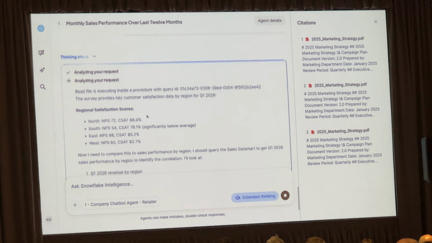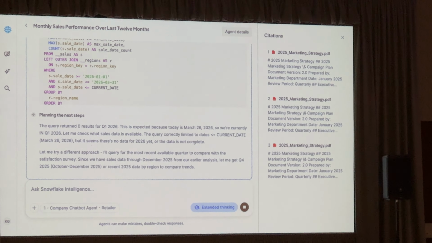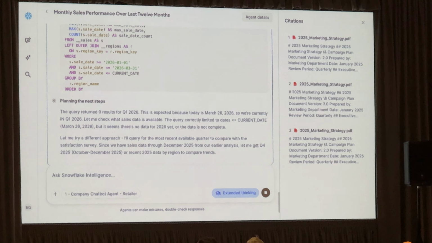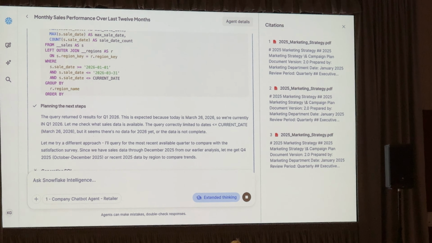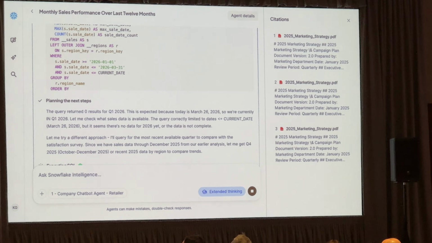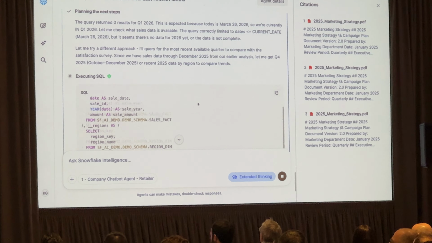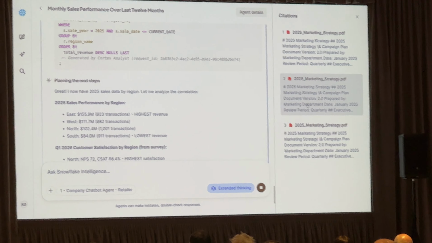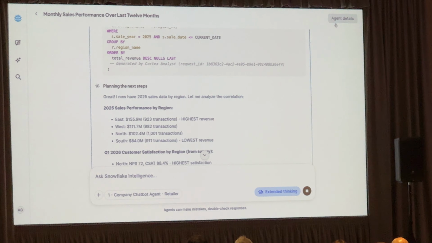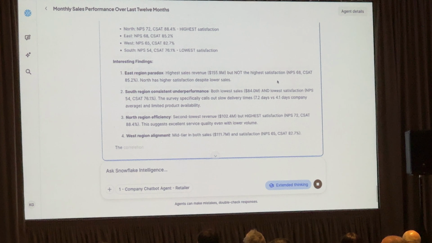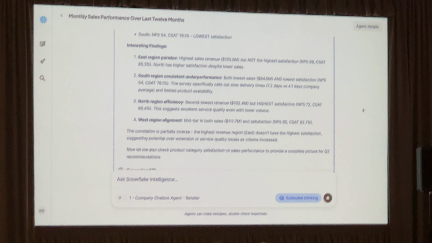So we're going to go through all of this, and you'll notice you can copy any of the SQL. You can run it yourself, make modifications to it. That's all part of the package for you. And this is going to hopefully figure out what these survey results are actually telling us, and then eventually provide us some next steps on how we might respond to those from a sales and marketing standpoint.